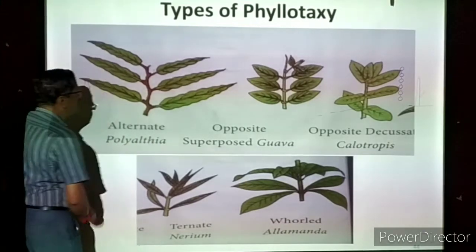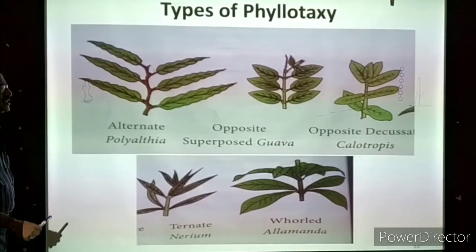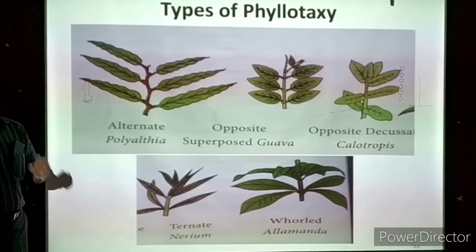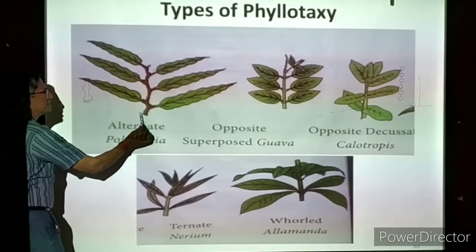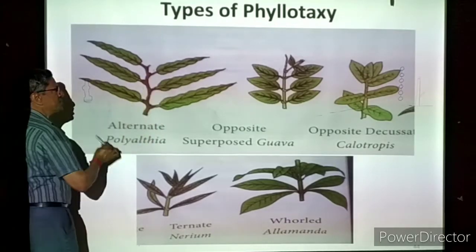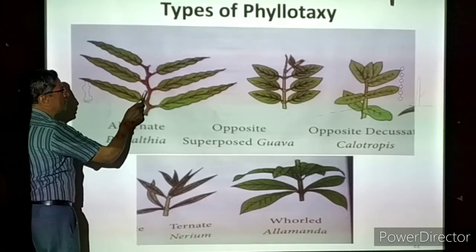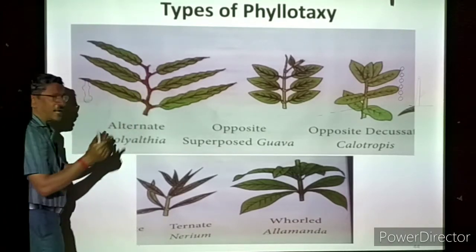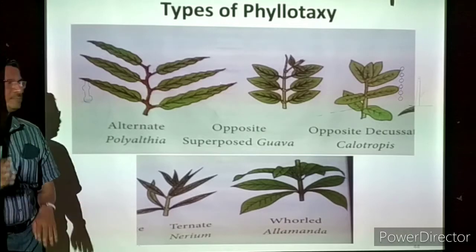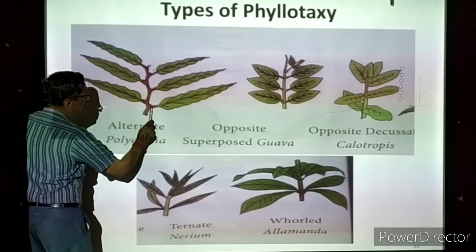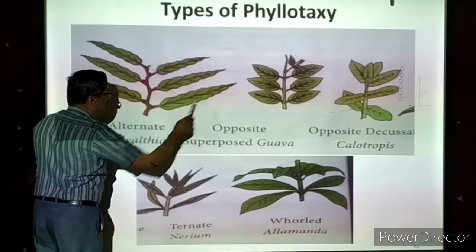Now first one I am going to take alternate phyllotaxy. What is this alternate? In the name itself, something alternating with each other. Now this is the main stem. Assume like this, this is the main stem. One portion of the stem I am taking. Here one node is there. Here one node, next node. Like that, the nodes are arranged opposite to each other, alternatively. So this node is bearing one leaf. Now this is one leaf.